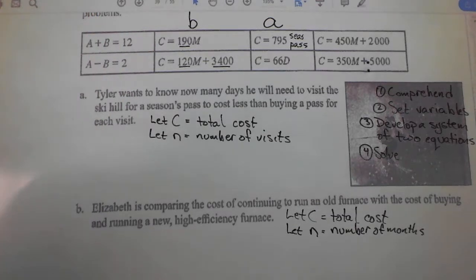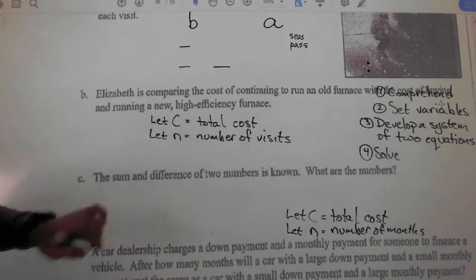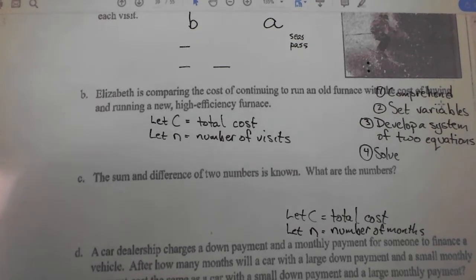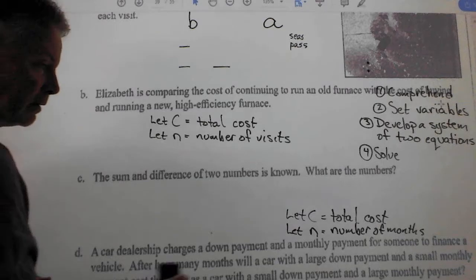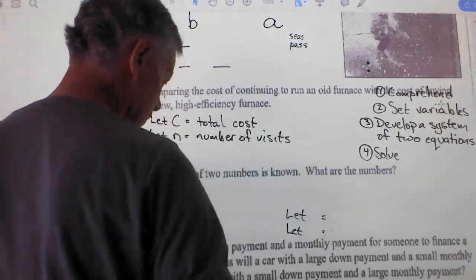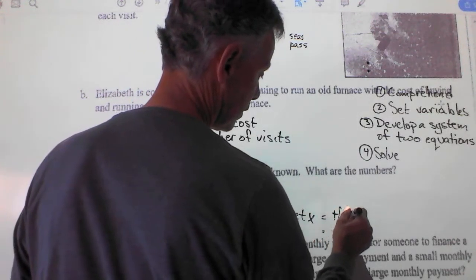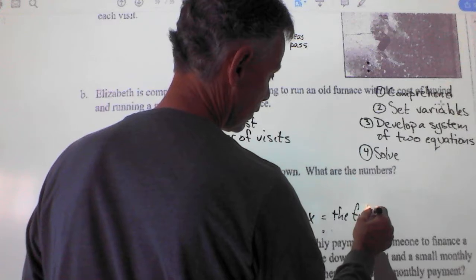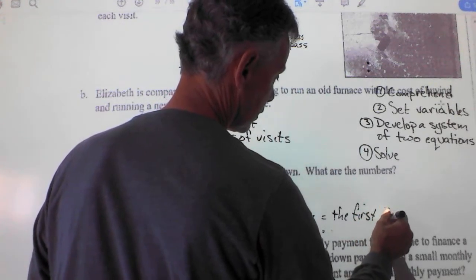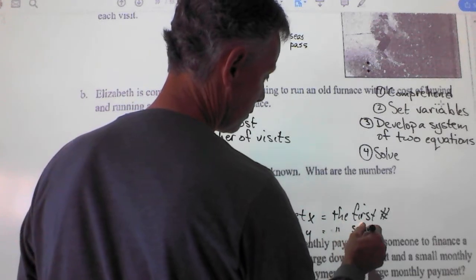Okay, let's go to the next one. The next one is very simple. It says the sum and difference of two numbers is shown. What are the numbers? So we would say let x be the first number, let y be the second number,